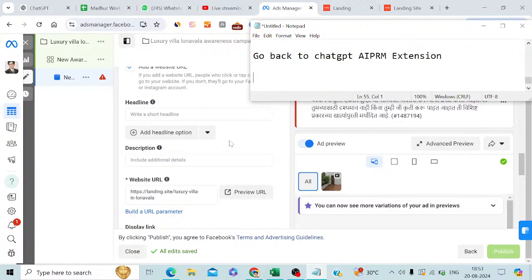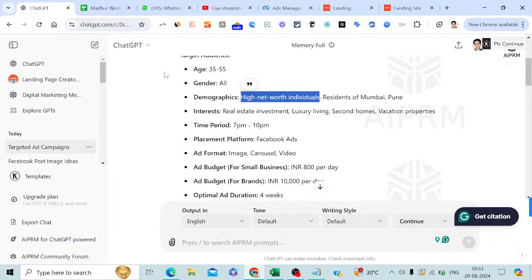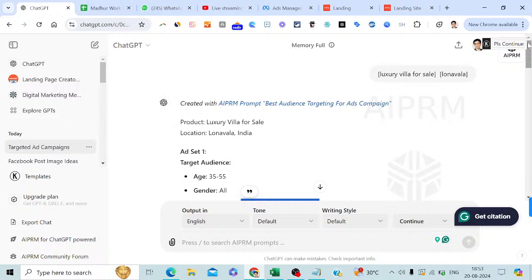Okay, so what is important here is, so let's do that. Okay, so